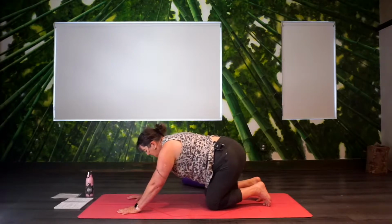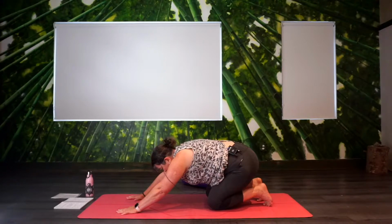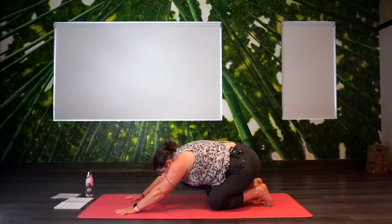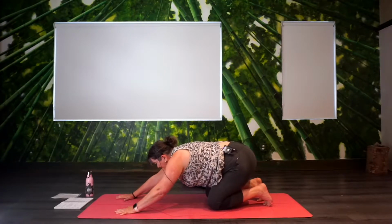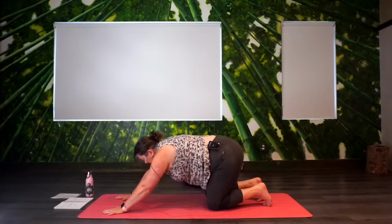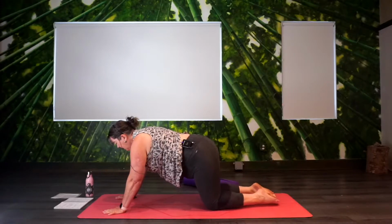And then exhale, pushing the hips back towards the heels. We'll stay here for a minute. The first little stretch of the bottoms of the feet. So I'm pressing into the hands, pushing my hips back towards my heels. Maybe walking the hands just a little bit more forward, because then we'll inhale to all fours, untucking the toes